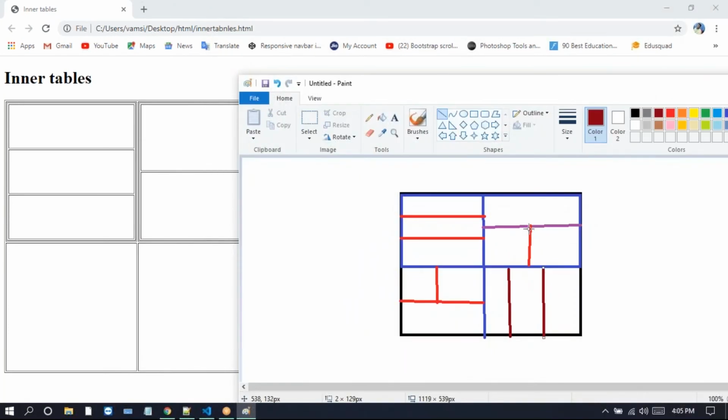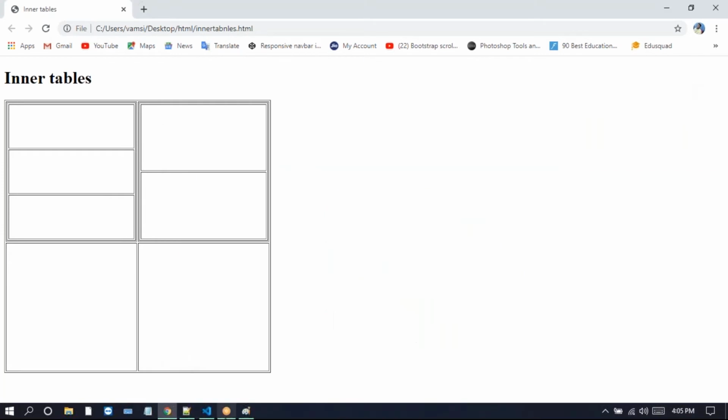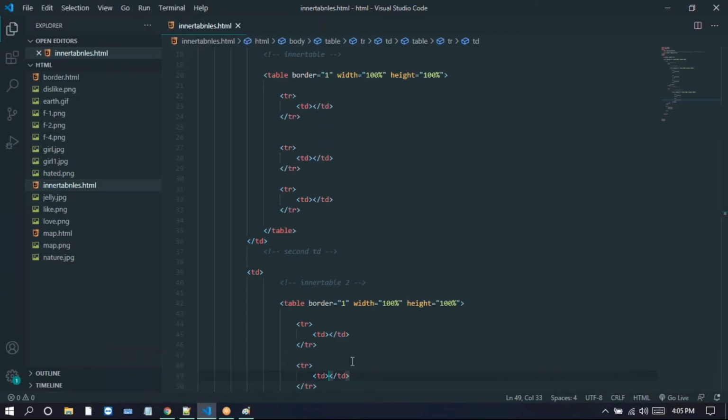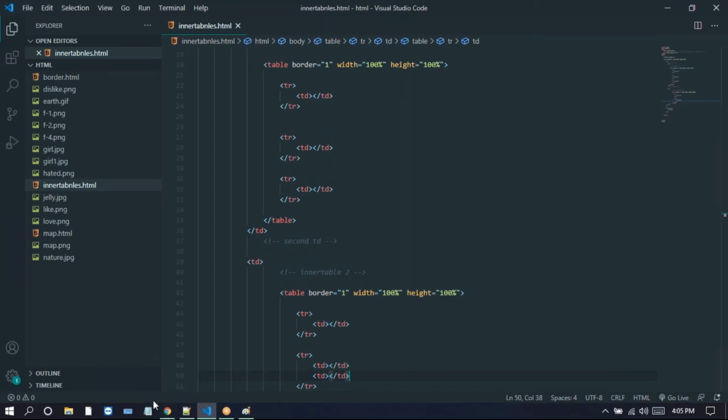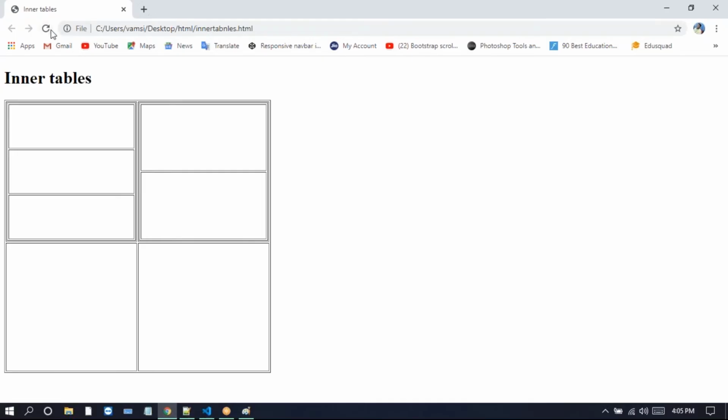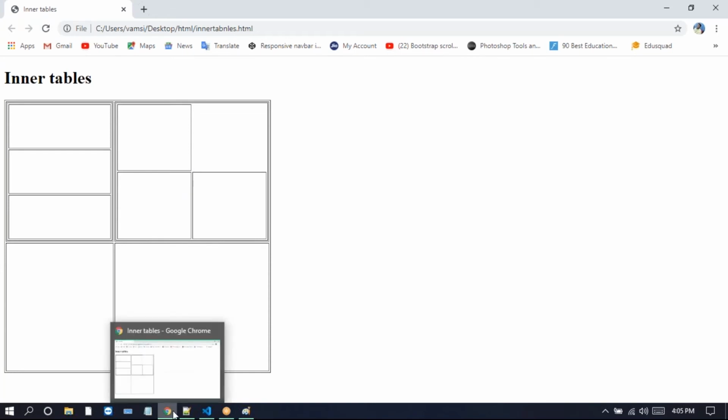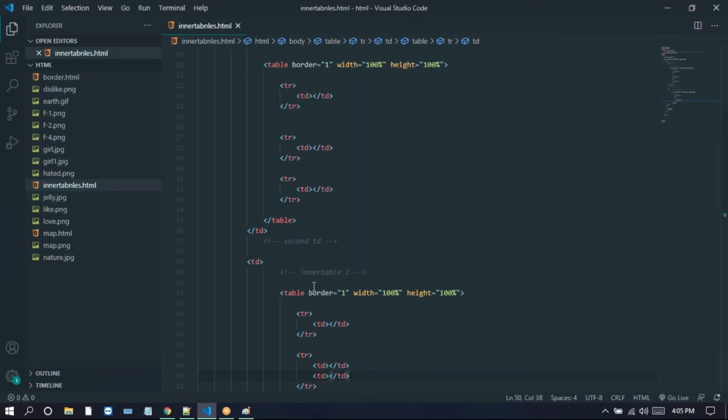If you refresh this on the browser, look at this one. They have a gap here, so to span across this one we use colspan. So here I'm using colspan for this first TR. In the TD we can write colspan 2 here. Now we can run this one on the browser. If you run this one, look at this one, they have it like this.